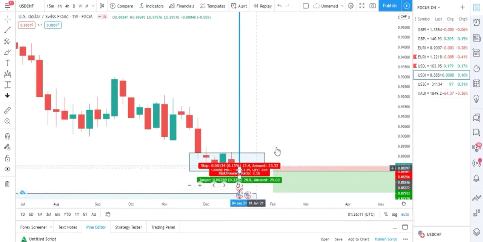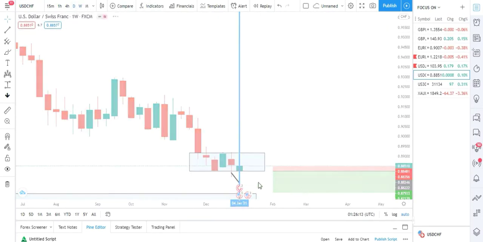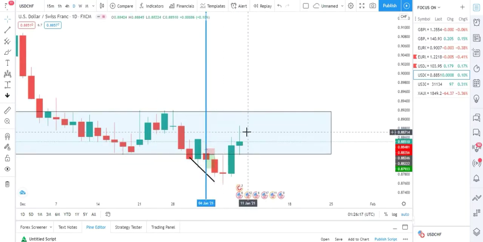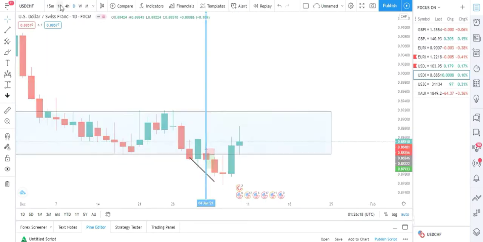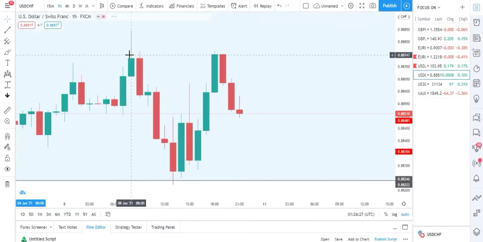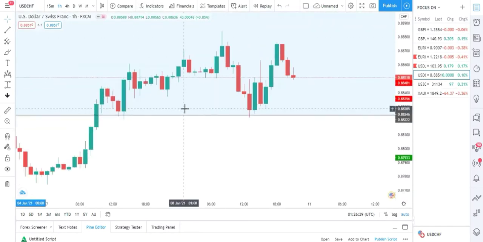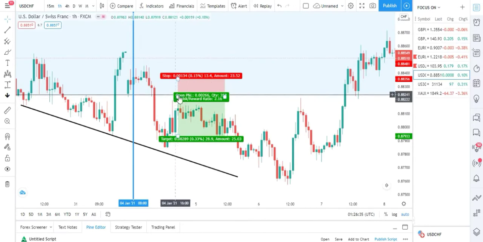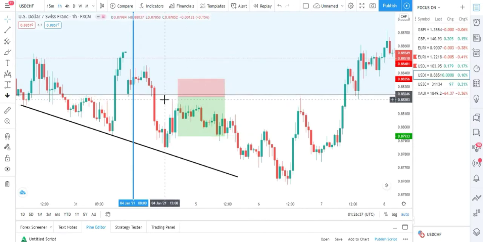Okay, here it doesn't show it properly, but as you go to the data, you can see it. It looks like a false breakout, you see. But then let's go to the hour. I don't know what's happening. It's so slow. Yeah, guys, I could have actually, as you can see, entered here,